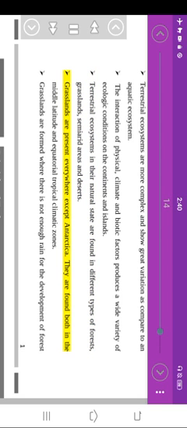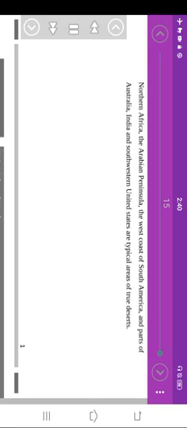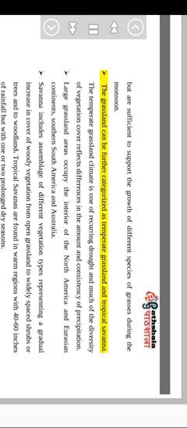Grasslands are present everywhere except Antarctica. They are found both in the middle latitude and equatorial tropical climatic zones. Grasslands are formed where there is not enough rain for the development of forest, but enough to support the growth of different species of grasses during the monsoon. The grassland can be further categorized as temperate grassland and tropical savanna.